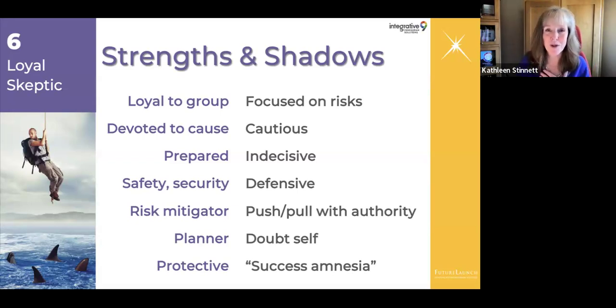The personal experience of the six is because there is doubt, that sometimes sixes will doubt themselves, and they have what I like to call success amnesia, that they might have been super successful and have completed a great project and could feel really good about that. And yet it doesn't stay with them. That sense doesn't stay with them. So sometimes sixes need to be reminded of how well they have done.